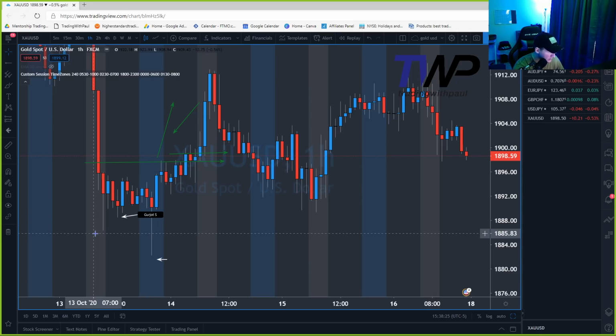Yeah, you could have put it even here, and it would have been safe, but they decided to put it under the lowest kind of area to the left, most recent, and their stops were completely safe, and then they rode it all the way out to the top. I believe, I don't know exactly where they came out. Even if they rode it out here, it would have been a nice beautiful trade.